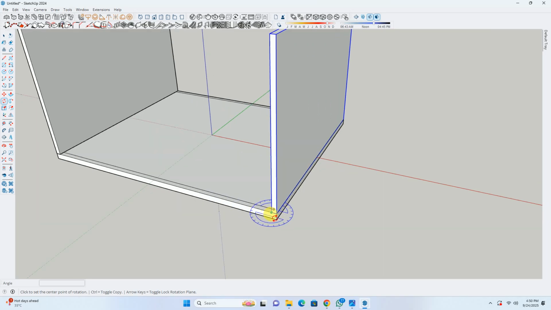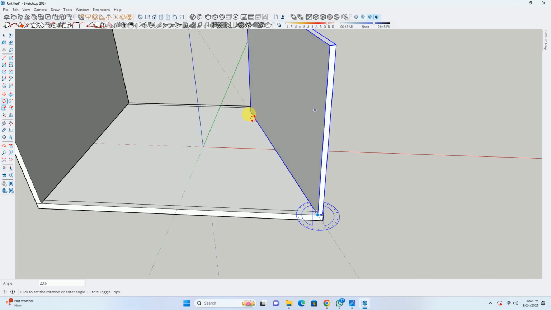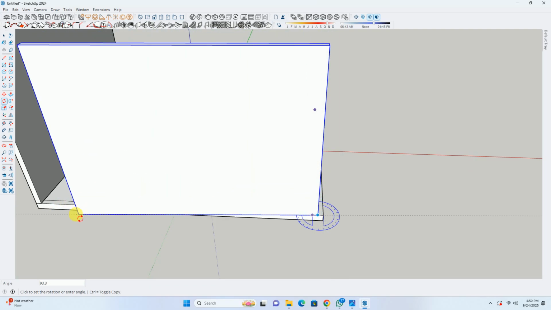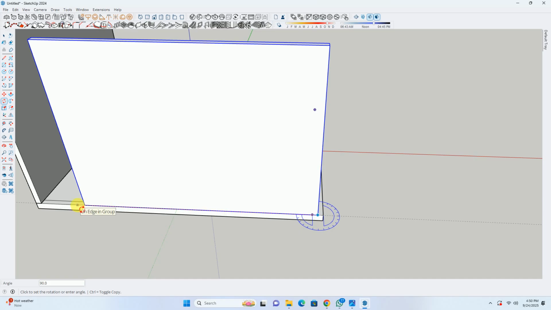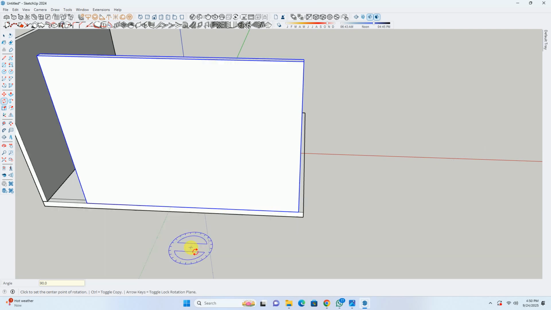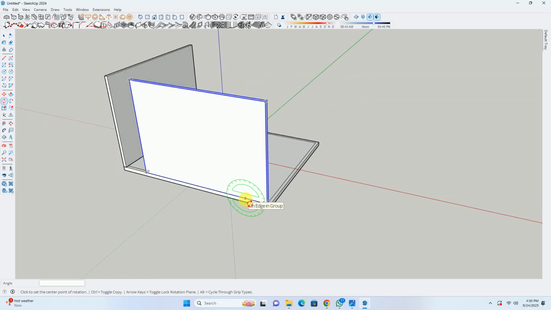Now we'll specify the first corner point from which we want to rotate, then the second point as the reference. We can either click on this line or specify the angle. I have specified the angle as 90 degrees. Now, when we apply rotate, you can see this wall is rotating in this direction.